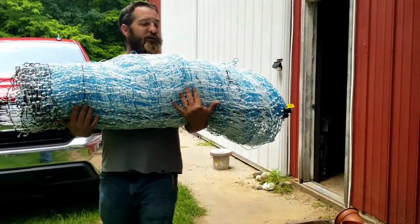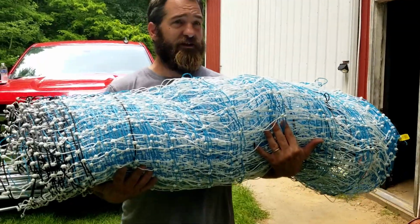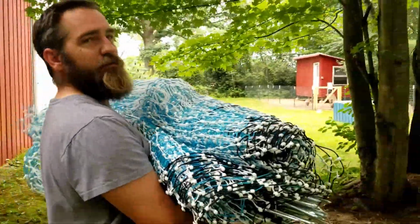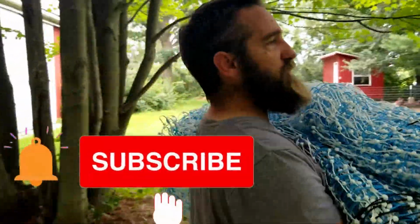Today we're moving these duckers to a bigger habitat. All right, so we got ourselves some poultry netting here, and we're gonna go ahead and set this up around our duckers over there. So I believe this is Starkline net, is it? And we got this from TSC,